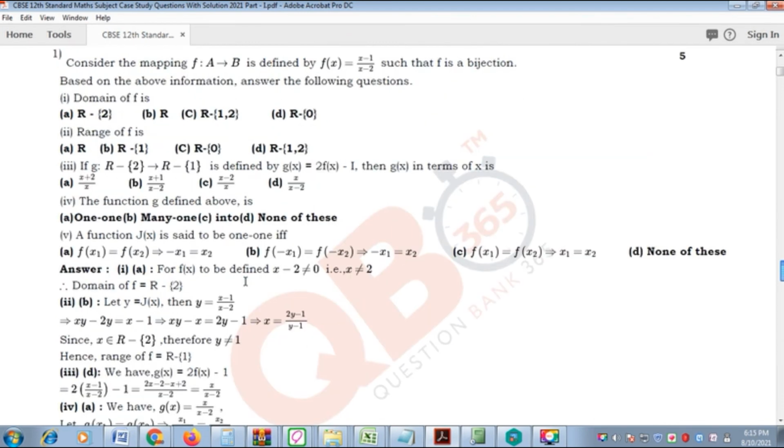Case study questions will be a very big part of the upcoming public exams. CBSE is planning to conduct the public exam in 2 different phases. The first will be in November, December of 2021, and the next phase will be conducted in April and mid-May of 2022. So you have to prepare for case study, because for 10th and 12th students, the case study question pattern is very important for exam preparation.